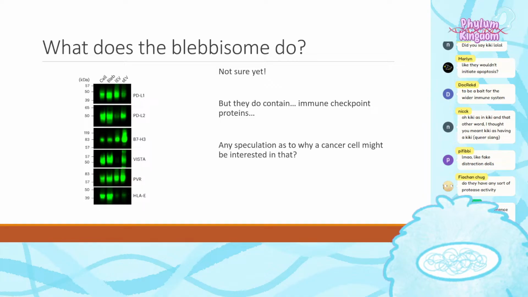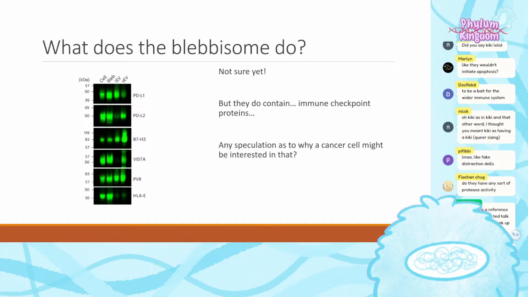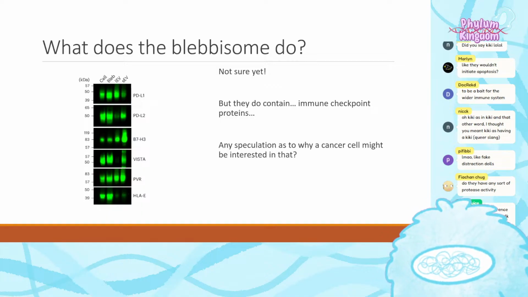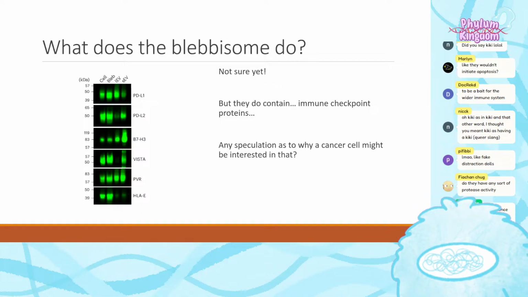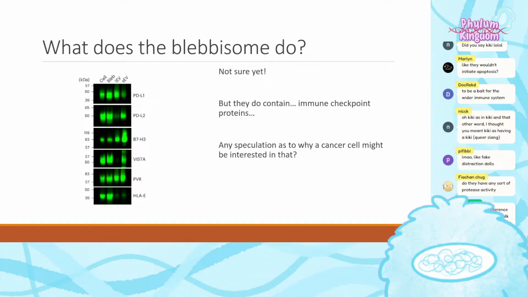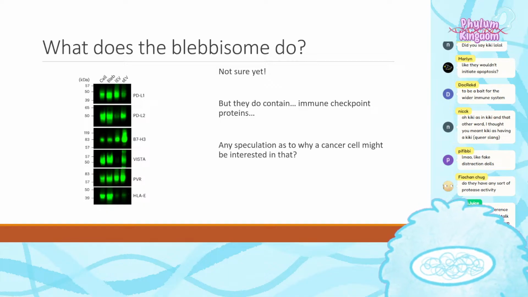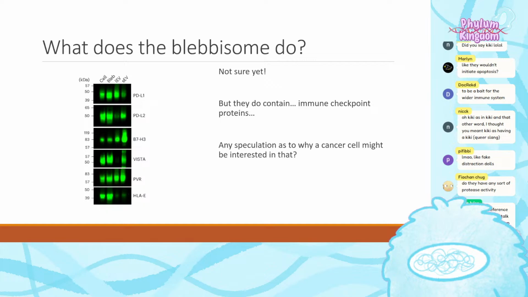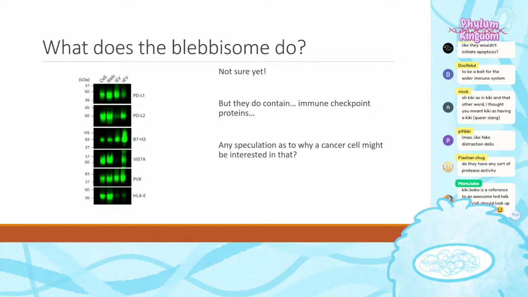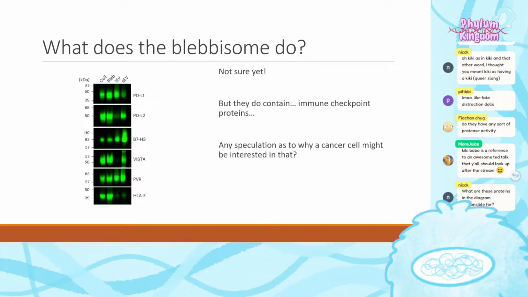What are these proteins in the diagram responsible for? Excellent question. I don't remember. They're just described as immune checkpoint proteins, and I finished my slides like 15 minutes before the stream started, which is why I also started a bit late. So not entirely sure. But yeah, lovely paper to read. It's also a Nature paper. So if you have any biology background at all, post-college or during college, it's somewhat readable, I think, if you want to read the abstract and read through the pictures. That would be accessible. It's not too crazy of a paper in terms of the language.